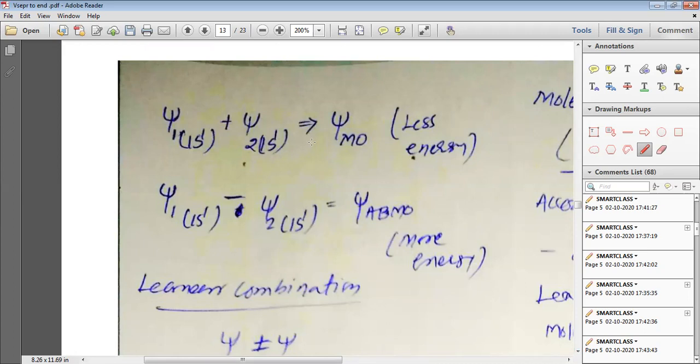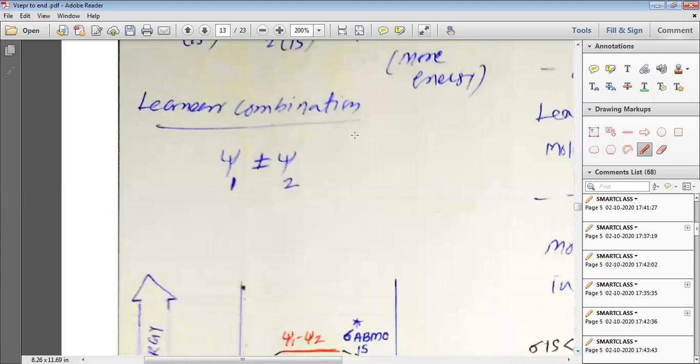So if the linear combination is of positive type, then the newly formed molecular orbital will have lower energy as compared to the energy of those orbitals from which it is formed. But if the linear combination is of negative type, then the newly formed molecular orbital will be known as the antibonding molecular orbital, and it will have higher energy as compared to those atomic orbitals from which it is formed. So linear combination means psi 1 plus or minus psi 2. Now let us understand the same